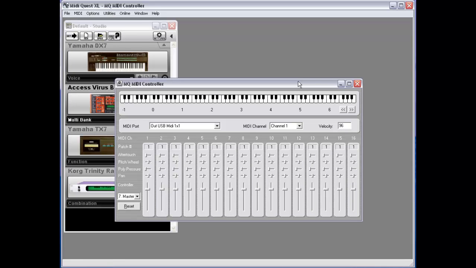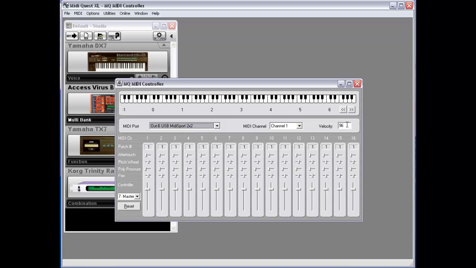The Midi Controller window allows you to send standard MIDI messages to any MIDI port on any MIDI channel that you like. At the top there's a virtual MIDI controller, and you choose a MIDI port. You can use it to play, and you have full control over all 16 channels. Here you're specifying which channel you want to use. Here you choose your MIDI port,